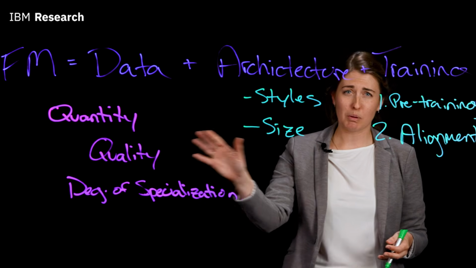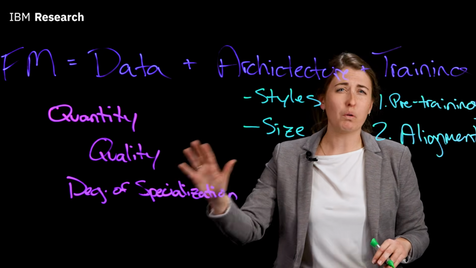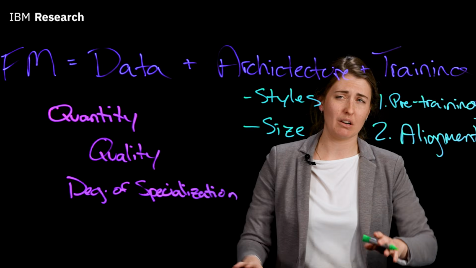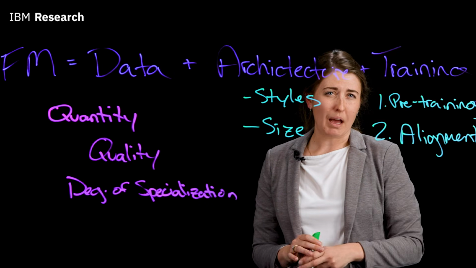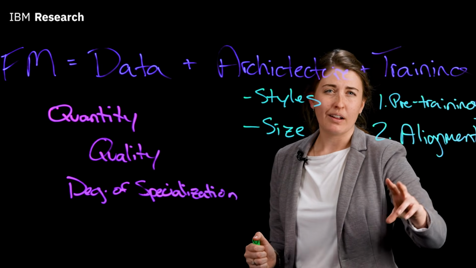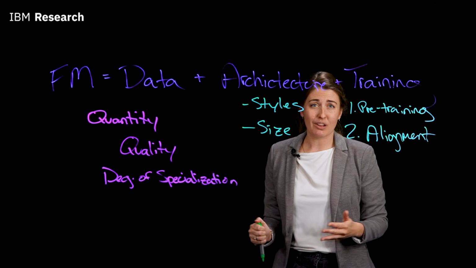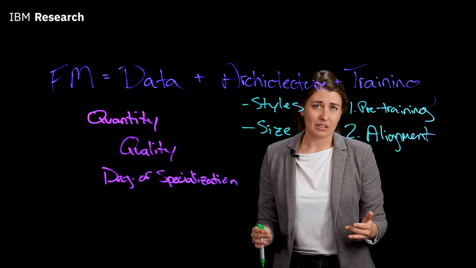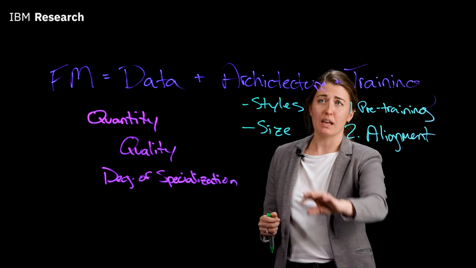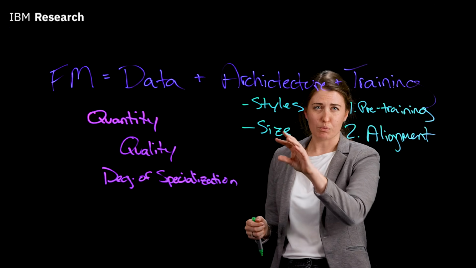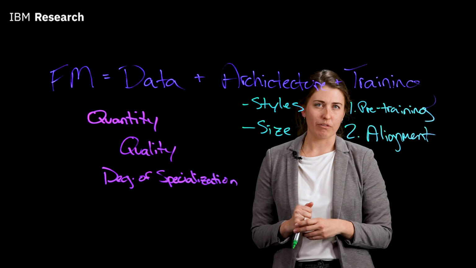So everything in this picture so far has been under unsupervised learning. There's been no labeled data. We scraped a bunch of data from the internet, we trained it. But now if we start to bring some supervised learning back in, we bring some labeled data that's specific for our task, or that is labeled data that shows fair domains. You can do a process called tuning, which is where you actually go through and update some of the parameters of this pre-trained model and ground it in that labeled data to be more effective.